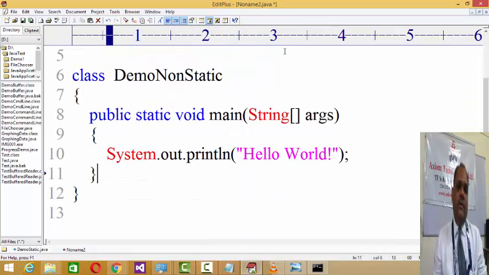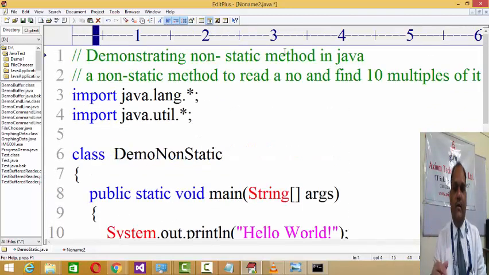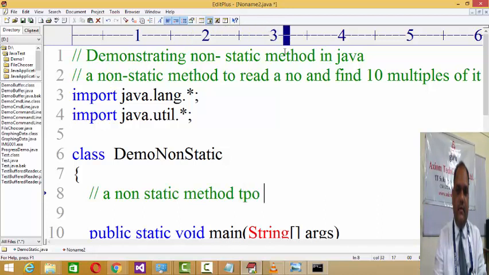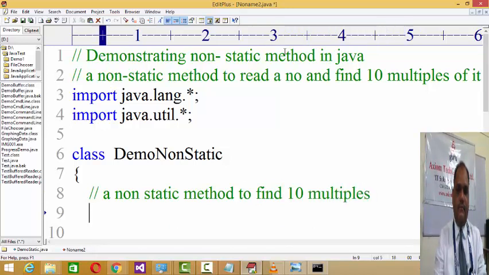Now first of all, we are planning to develop a method which will read a number and find the 10 multiples of it. Let's design it first. A non-static method to find 10 multiples. Public, right?